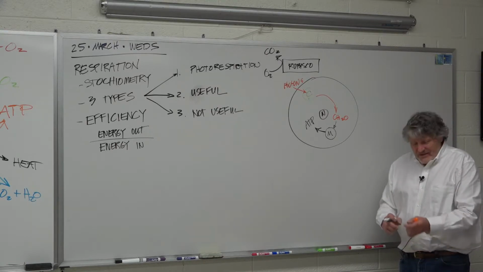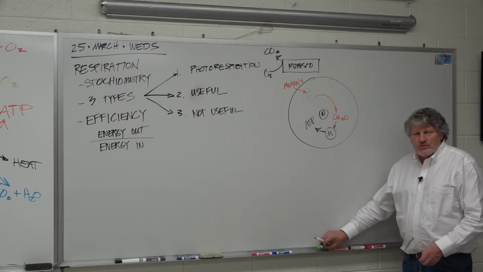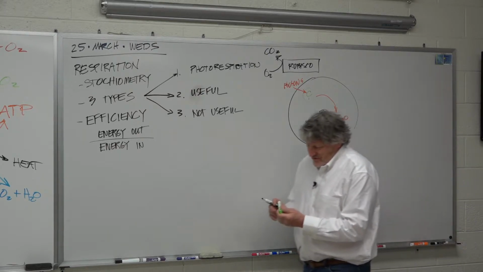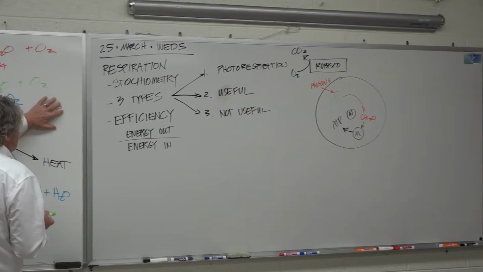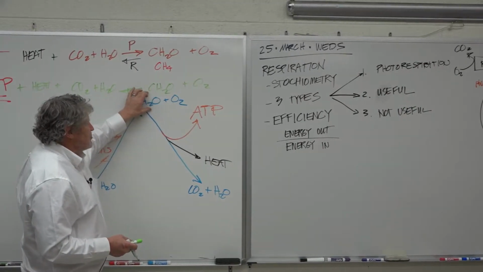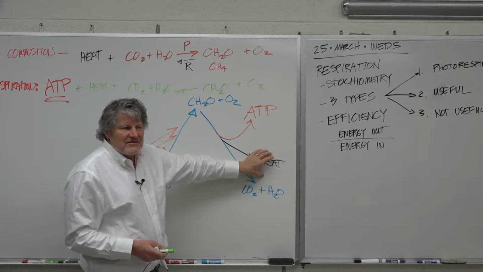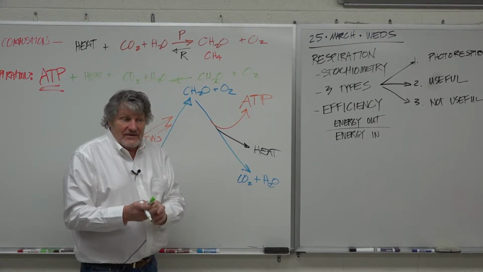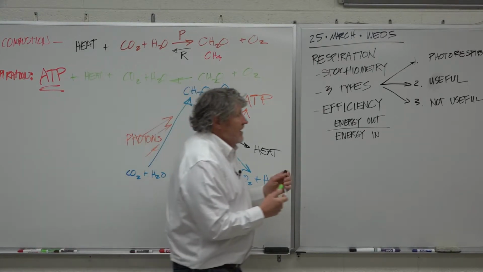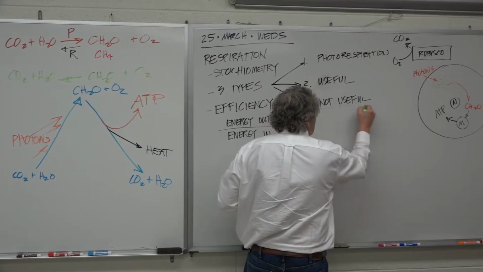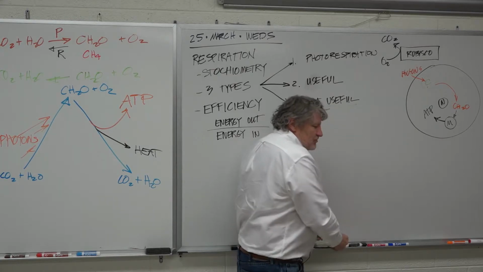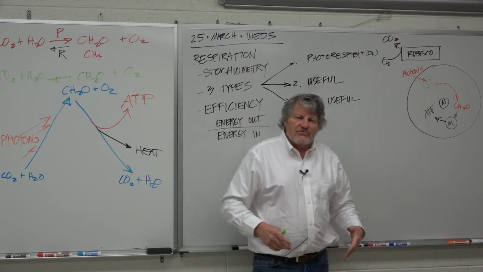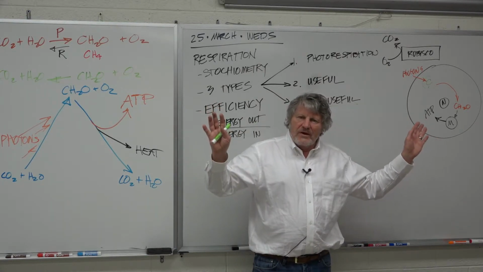But there is a somewhat unusual biochemistry that manages to not make any ATP. It burns off carbohydrates and only makes heat. So there's a biochemical pathway that makes a lot of heat out of this, and we call that not useful respiration. It doesn't have any special name, but it's fascinating. You know, why would a thing make, well, if you were freezing, you could respire away to warm,